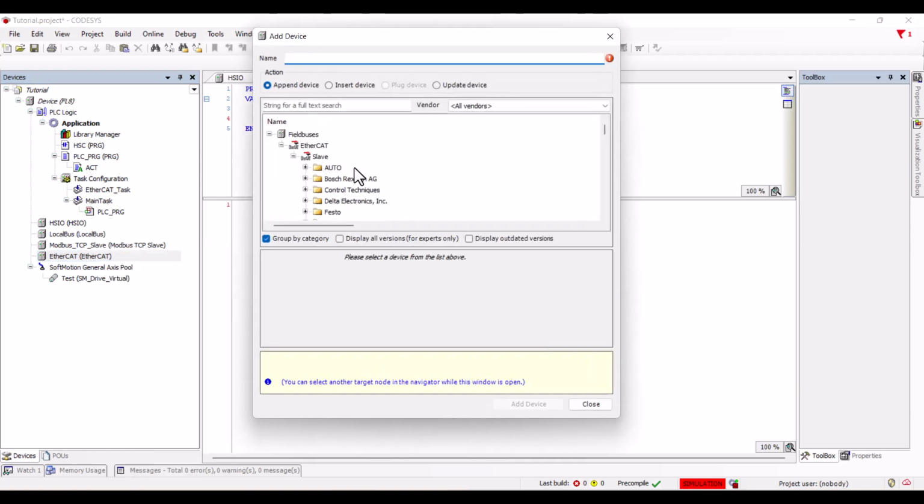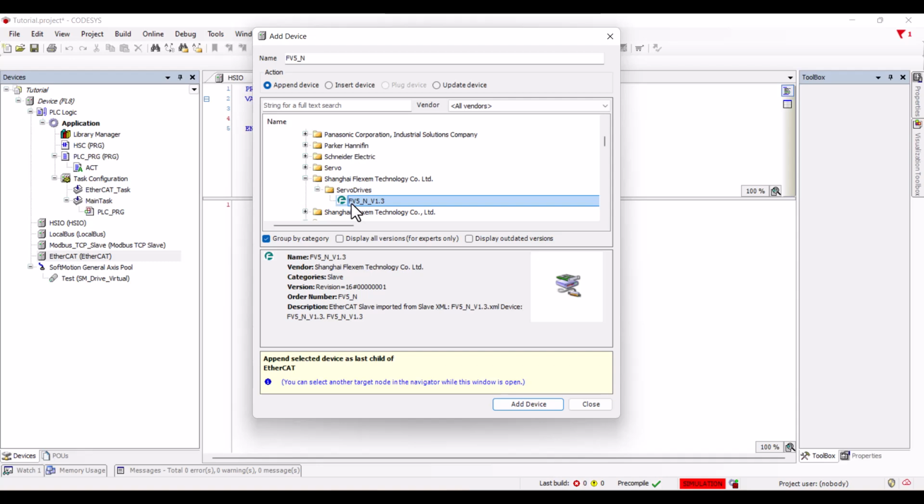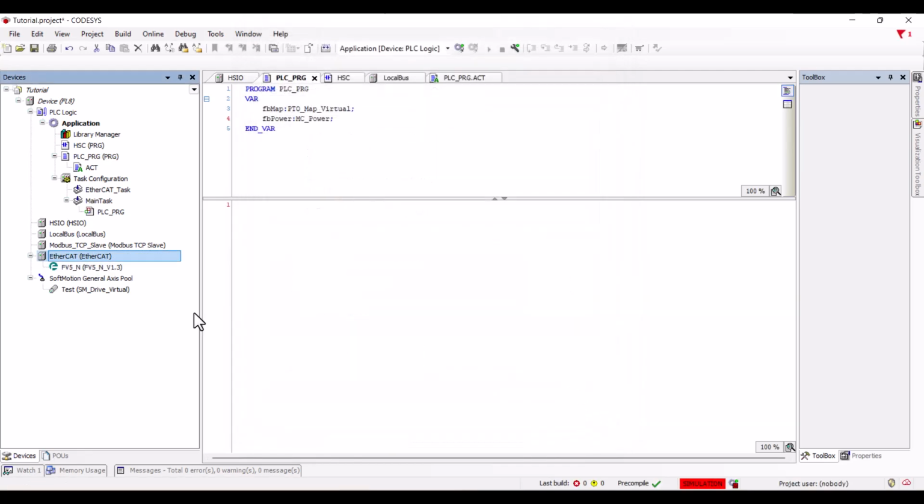Here we can choose from Shanghai Flexem. Currently there is only this device description we released. Here we choose FV5NV1.3, and then add